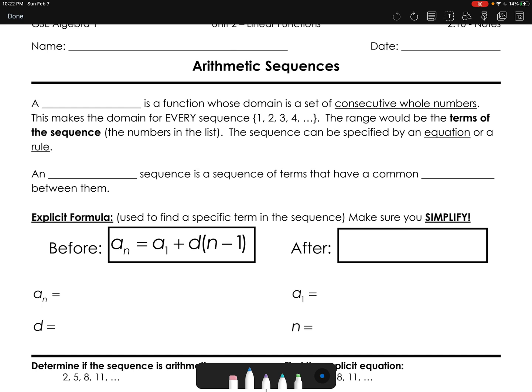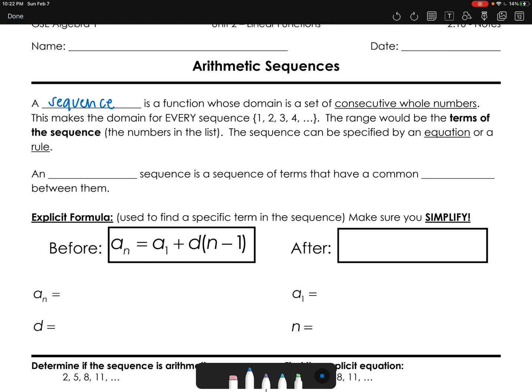So first off, before we get into arithmetic sequences, we're just going to define what a sequence is. A sequence is a function whose domain is a set of consecutive whole numbers, which means that the domain for every sequence is 1, 2, 3, 4, 5, 6, 7, going on forever. Consecutive whole numbers. So we don't consider fractions or negative numbers or zero part of the domain, or the inputs of a sequence. Okay, and so then the range, or the outputs, or the y values, would be the terms